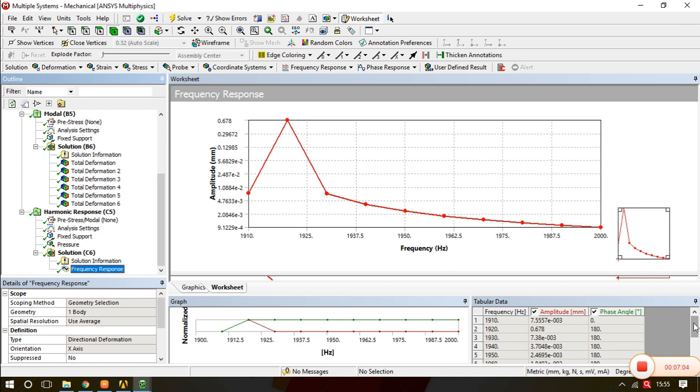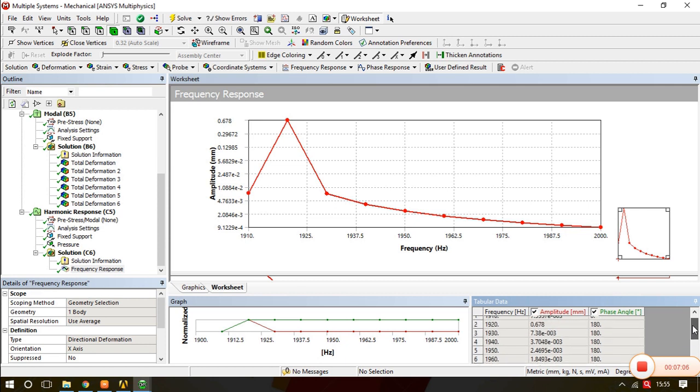So we'll see in the table, it is 0.678. So 0.678 amplitude is for 1920 Hertz frequency. So 1920 is the frequency which may create the resonance condition in our bracket.